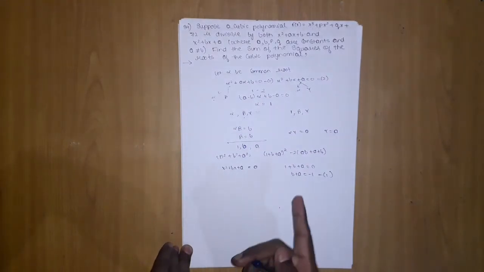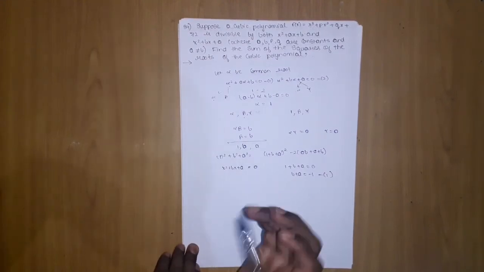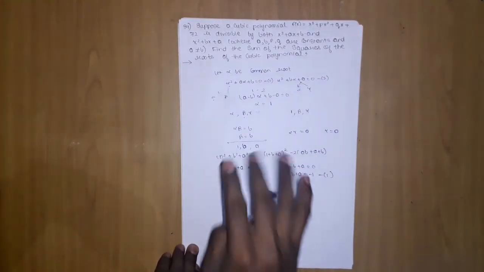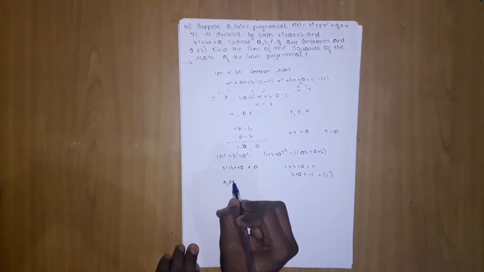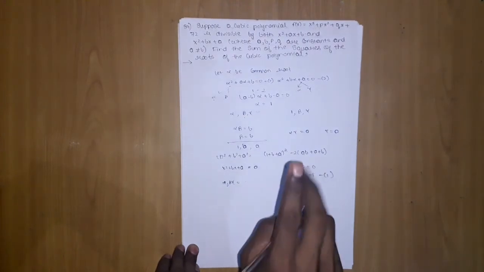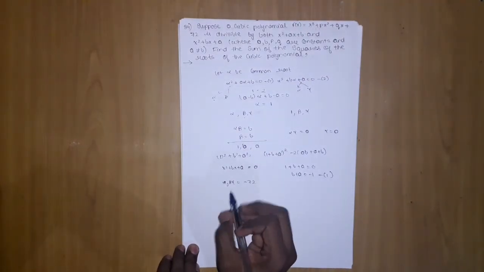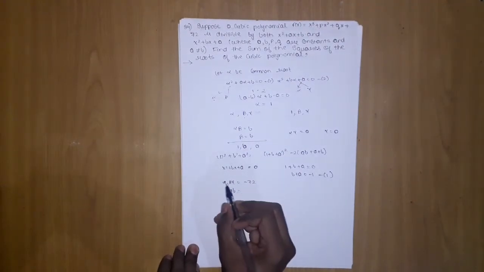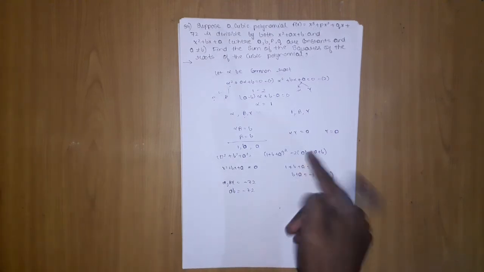Now we want to find this a into b. How can we find this? If I take the product alpha beta gamma of this cubic equation, it should be negative, positive, negative, minus 72. So it will be a into b, it is 1, it is a into b, minus 72. We got a into b, which was our problem.